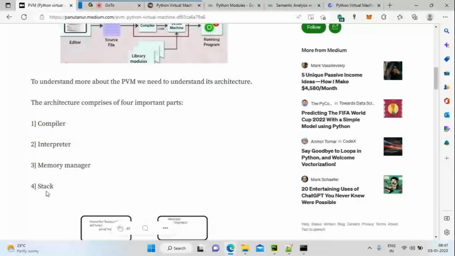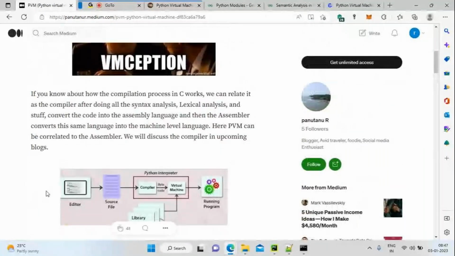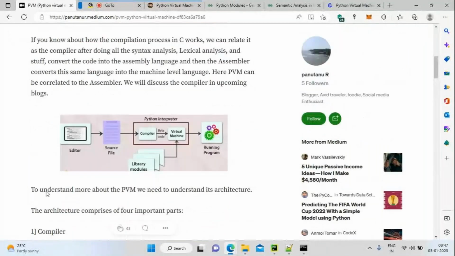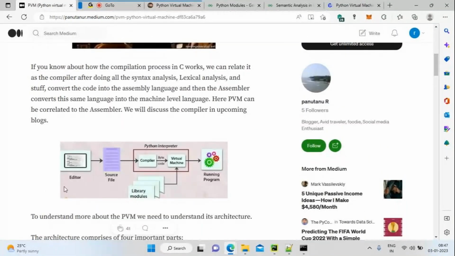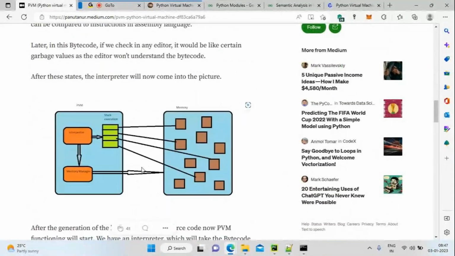Now, the first thing I'm going to show is what the compiler does. In the compiler, three phases will happen. Whenever you write some code, first it will do lexical analysis. You might be wondering what lexical analysis is. I'm going to show it one by one.